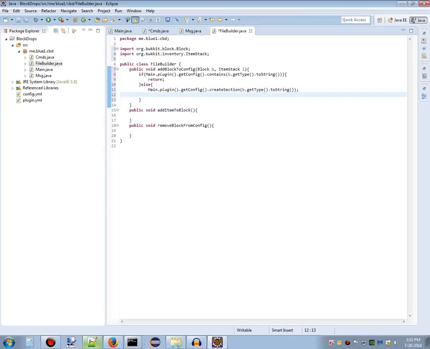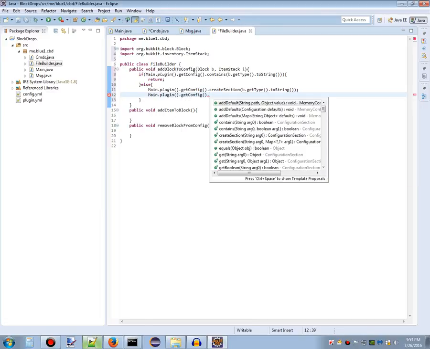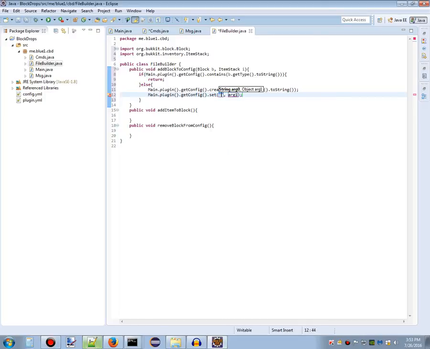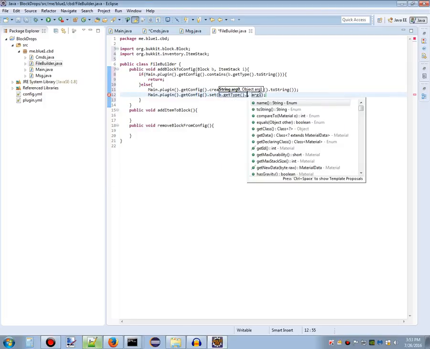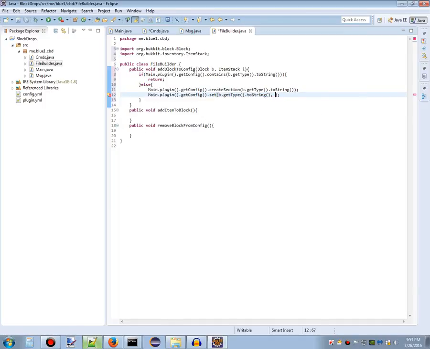Now we're going to main.plugin.getConfig.set b dot get type dot to string. Oh wait, can you get the name of it? Okay, you should use toString instead, which will not vary from release to release. Okay, interesting. Okay, I like that. Get type to string,